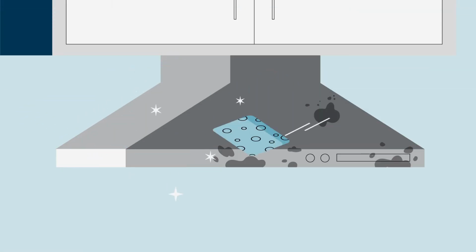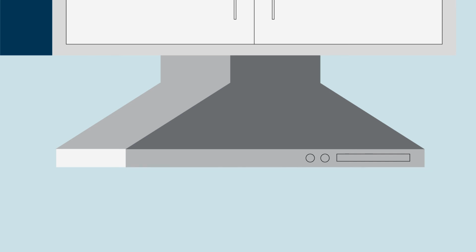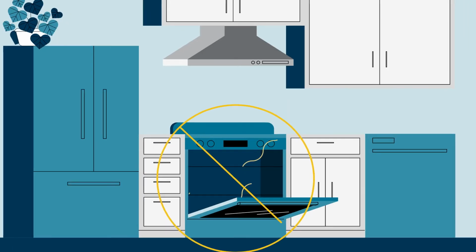Regularly check and clean your stove hood, filter, or other exhaust system over the stove. Finally, never use your oven to